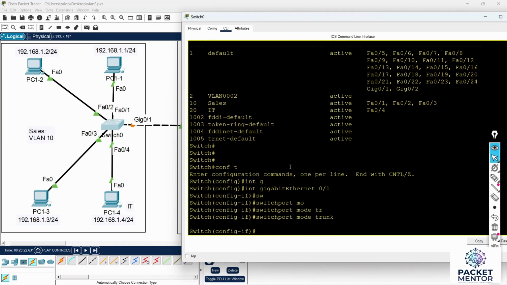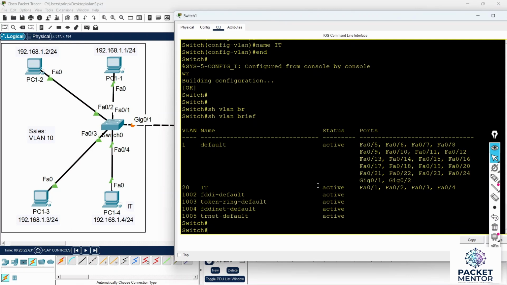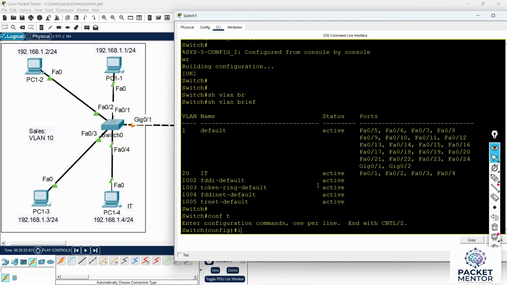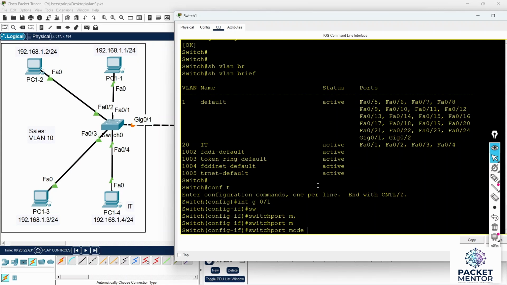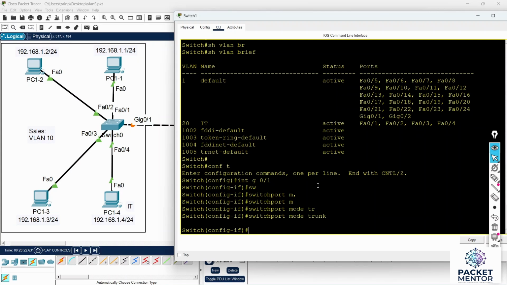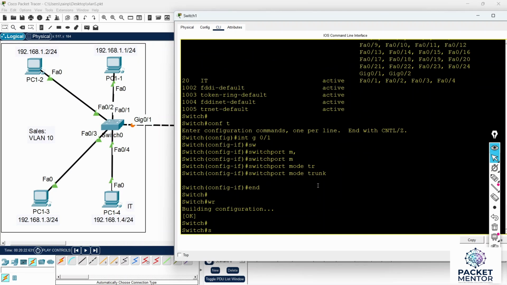This is the command. And if we go to the other switch, the second switch, config t, interface G0/1, switchport mode trunk, and then to verify, show